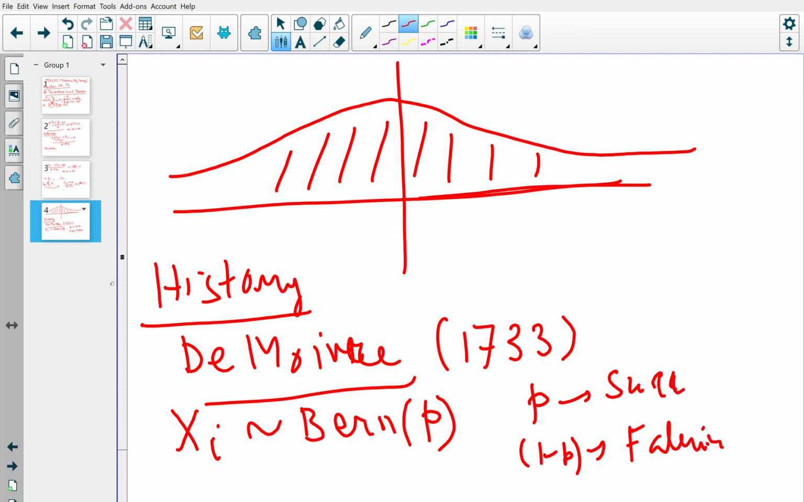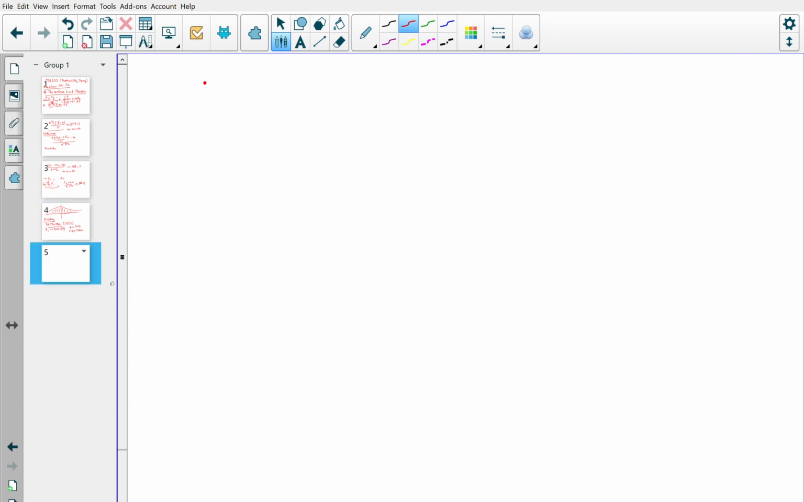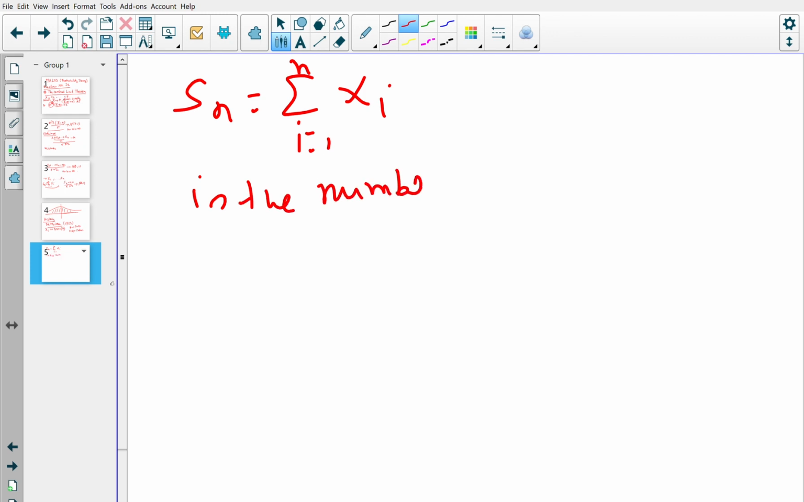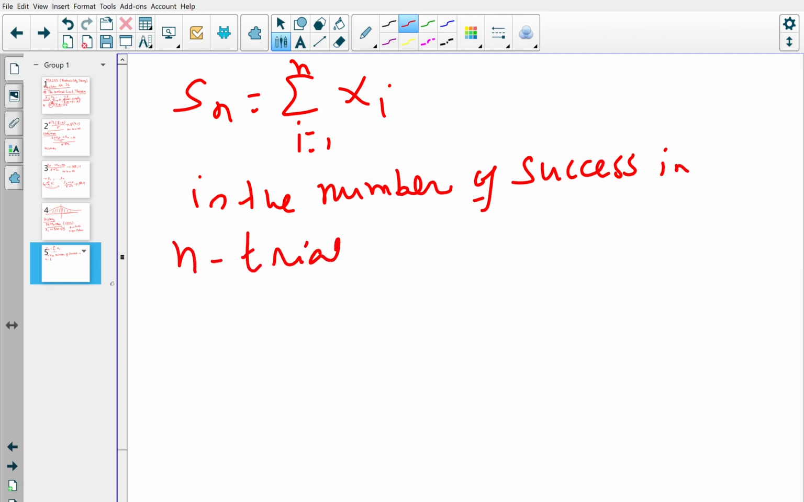Okay, and you would like to know that after n many trials how many successes you have. So this quantity Sn, let me define Sn then. Sn is the summation of xi, i equal to 1 to n, which is the number of successes in n trials. Okay, so you would like to know how Sn is distributed, and this theorem, this is the idea